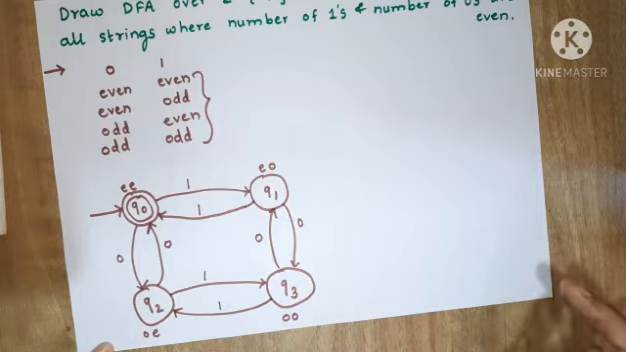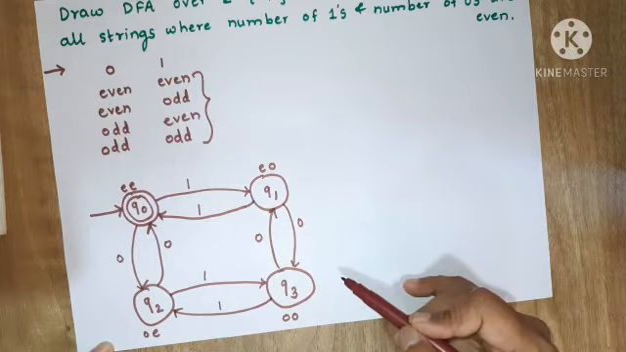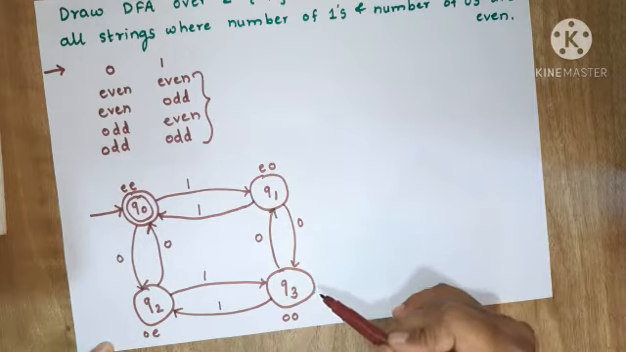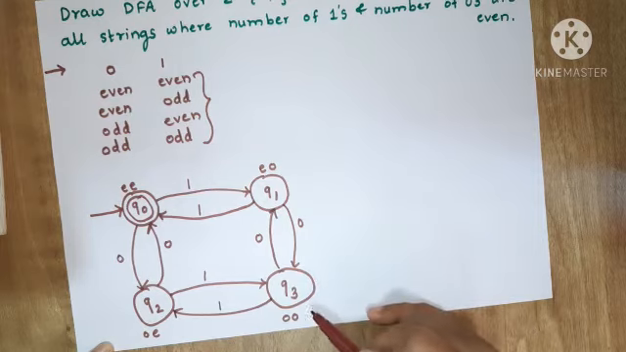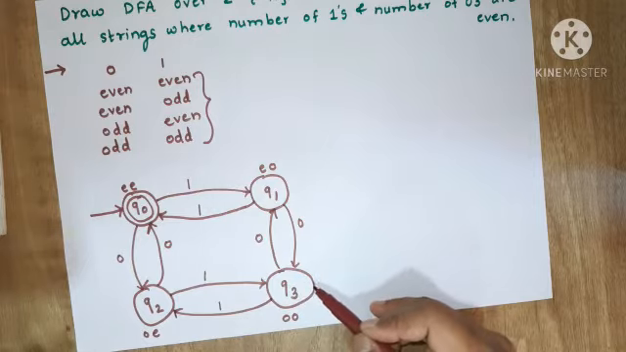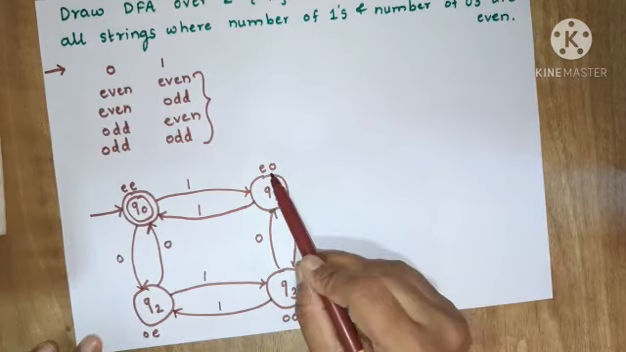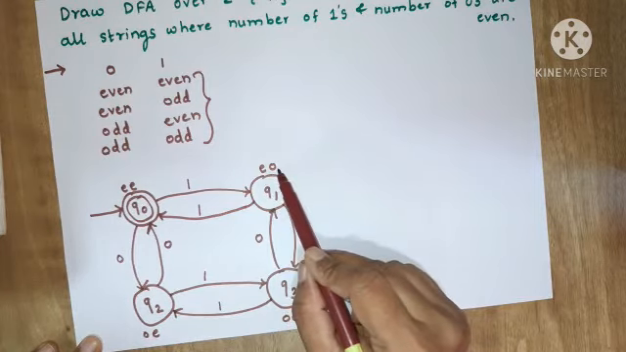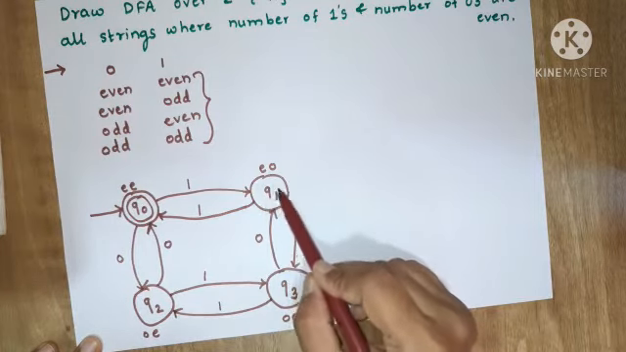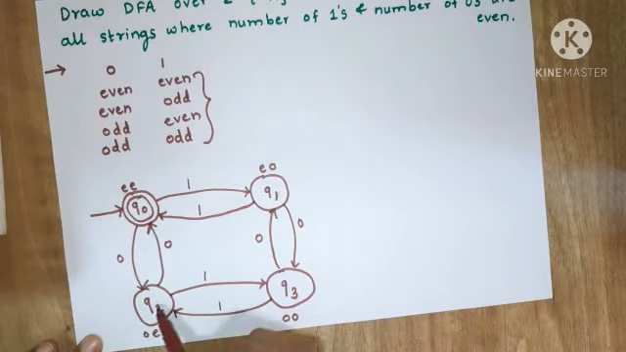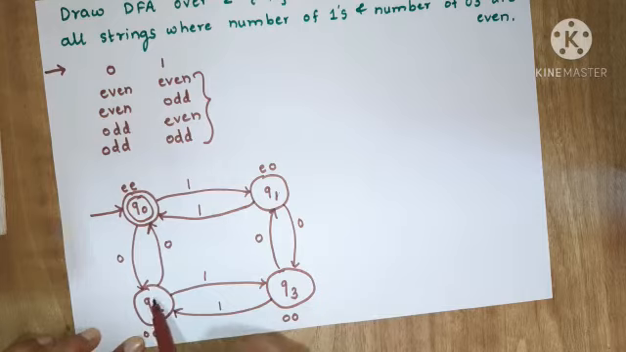Okay, so this problem you can just change. Suppose you are asked to draw a DFA for odd number of zeros and odd number of ones. In that case, what you have to do? You have to just change the final state. So Q3 will become your final state. Or if you are asked for even number of zeros and odd number of ones, then this Q1 will become final state. Or if you are asked odd number of zeros and even number of ones, then this Q2 will